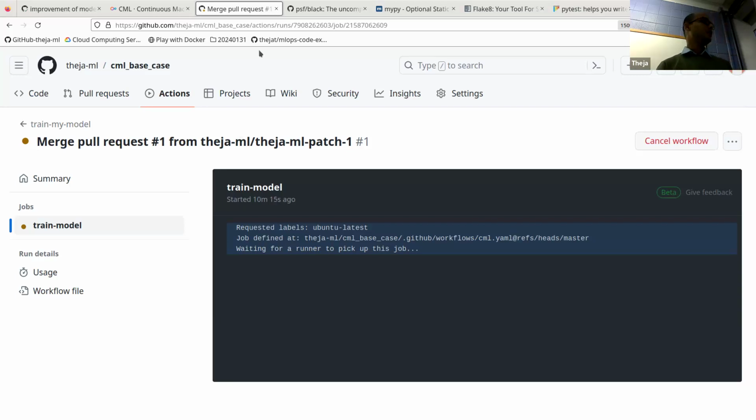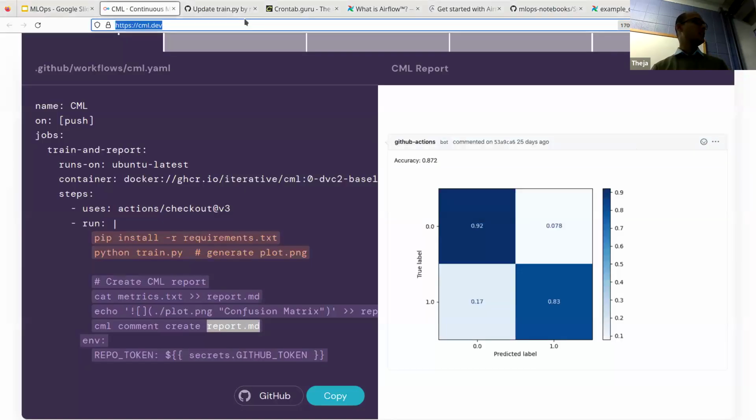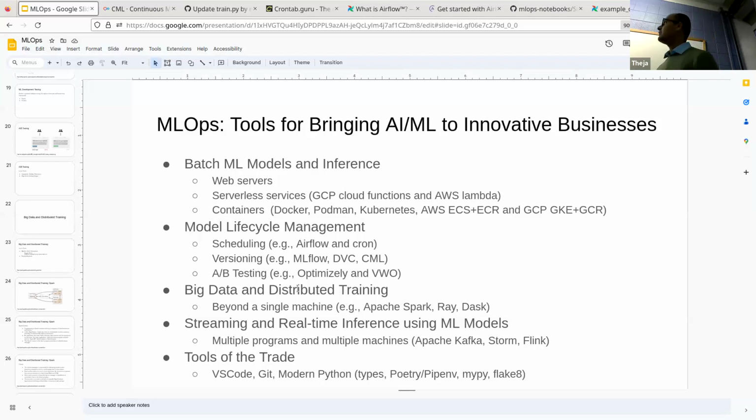Okay. So with that, let me go back to kind of recap what we did today. So let's come back here. Today we have been kind of in the second bucket. We started with cron. Obviously we were talking about things before, which is about versioning, DVC a little bit, some comments about DVC and MLflow. But today's demos included cron, which is this bullet point here.